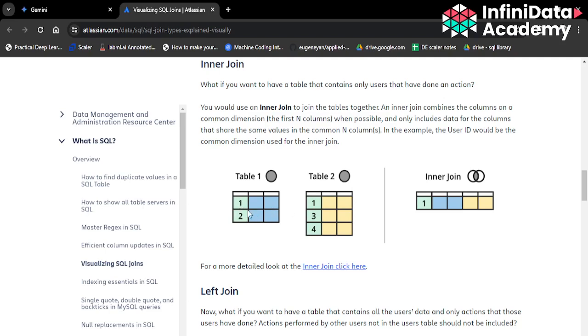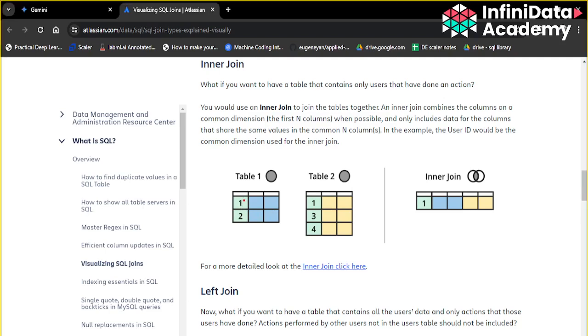You can see here, in this case 1 is the common key over here and the same 1 is present over here. So since 1 is common in both, that 1 is present after the inner join in your final output, right?